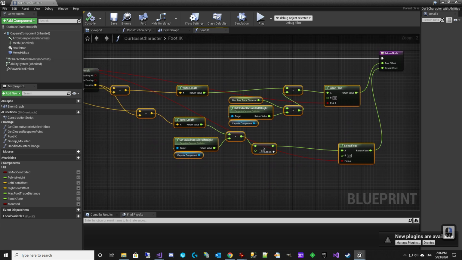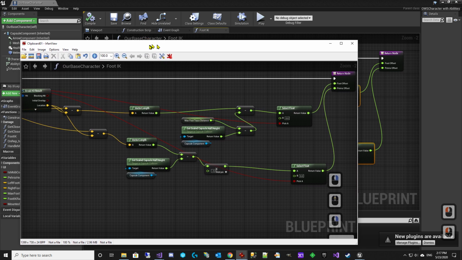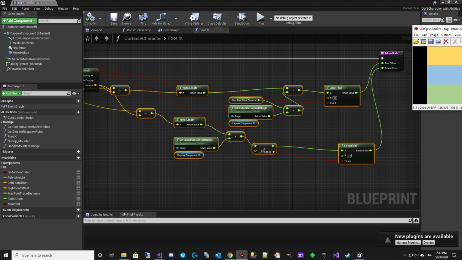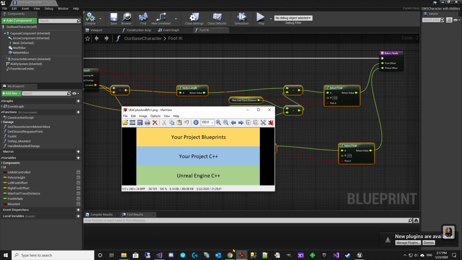Okay? So I've already taken a screenshot of it here, which we're going to be using. Although you can write C++ code while the editor's open, so we could do that too, but I just took a screenshot. One thing I did want to take a look at real quick, because I made this little graphic,